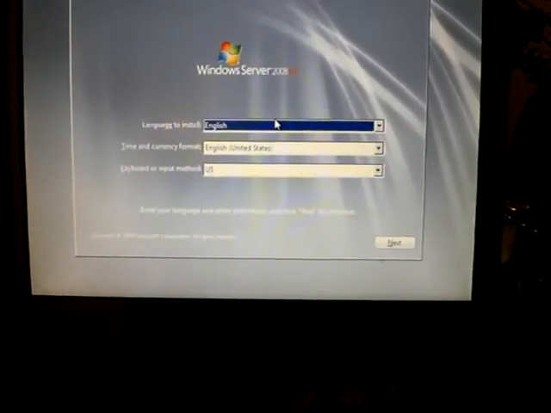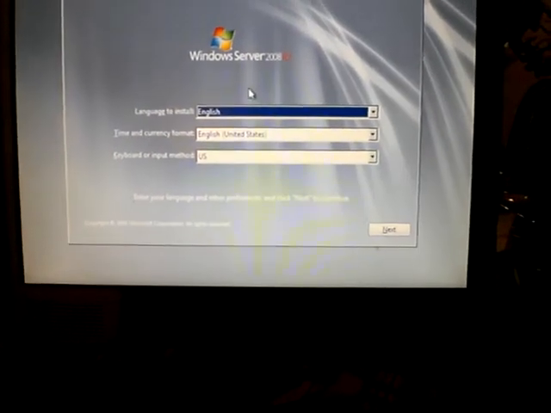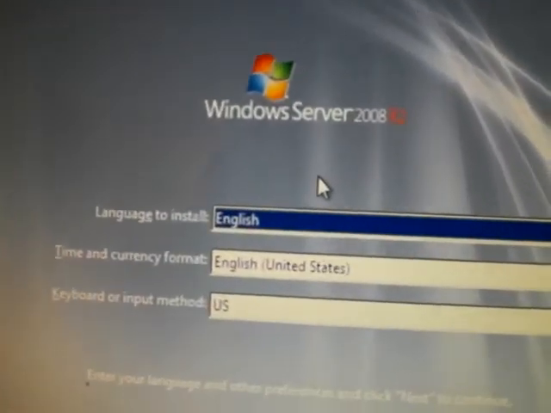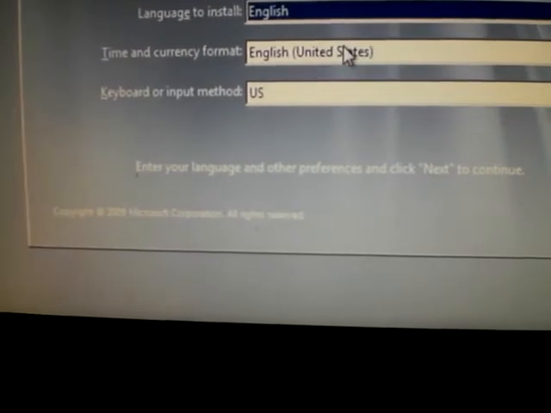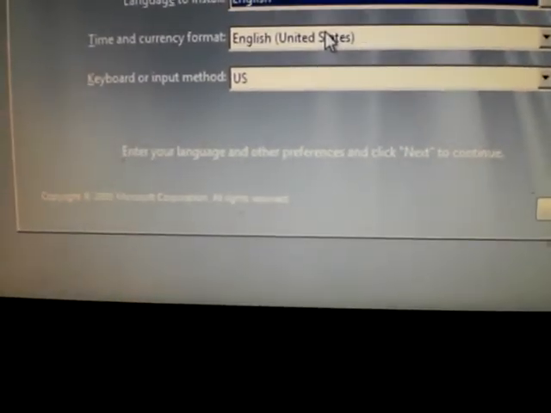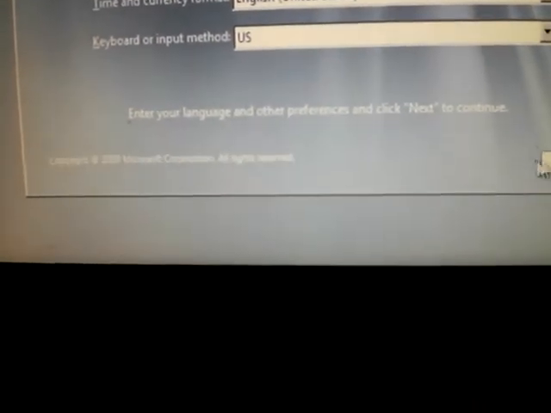So we're now at the install Windows screen. As we can see, we have Windows Server 2008 R2. We're installing in English, and the time and currency format is English. The keyboard input method is US. We press next, and